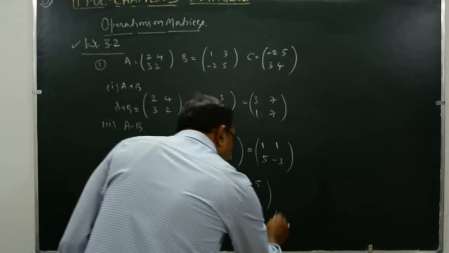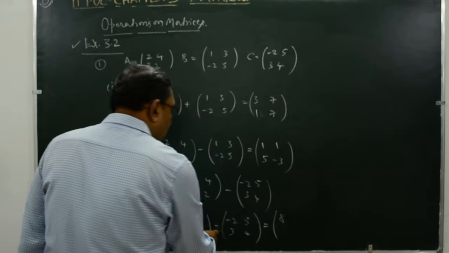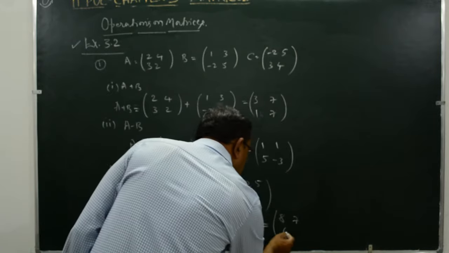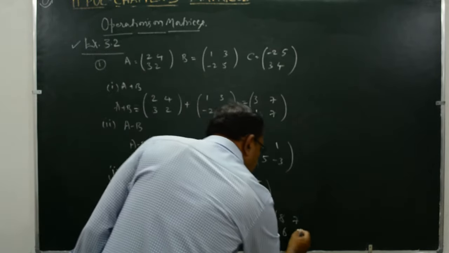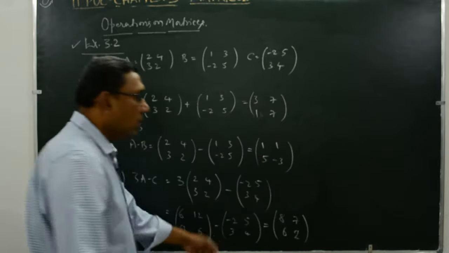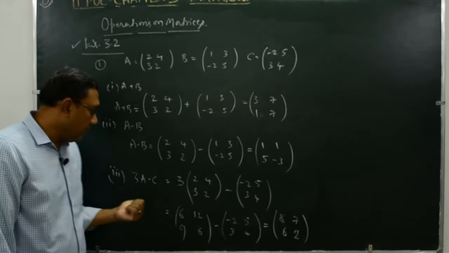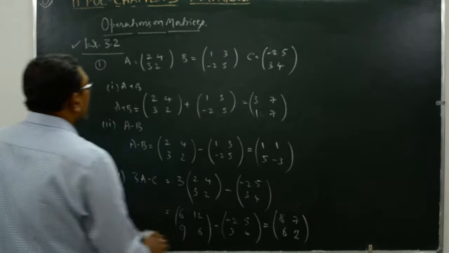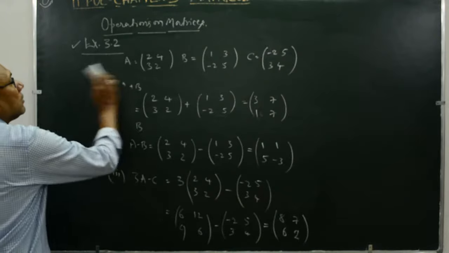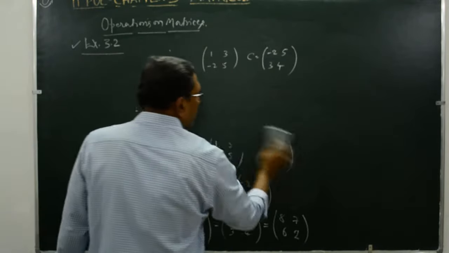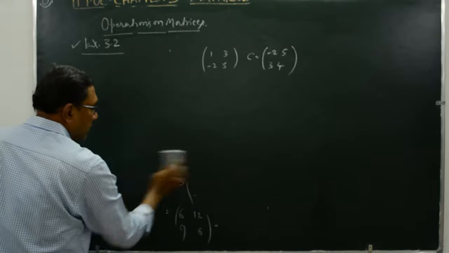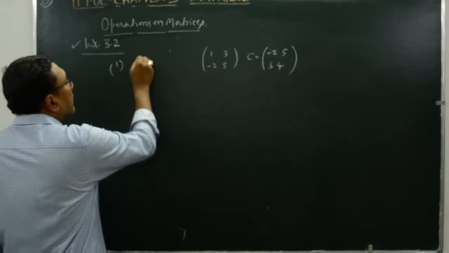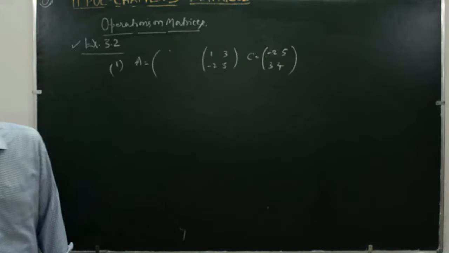6 minus of minus 2 is 8, 12 minus of 5 is 7, 9 minus of 3 is 6, and 6 minus of 4 is 2. This is your resultant matrix when you are considering 3A minus C. I have written A is equal to [2, 4; 3, 2],